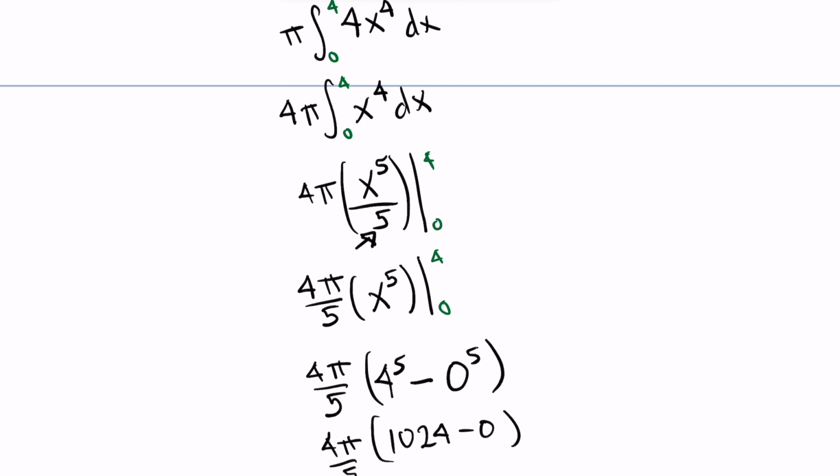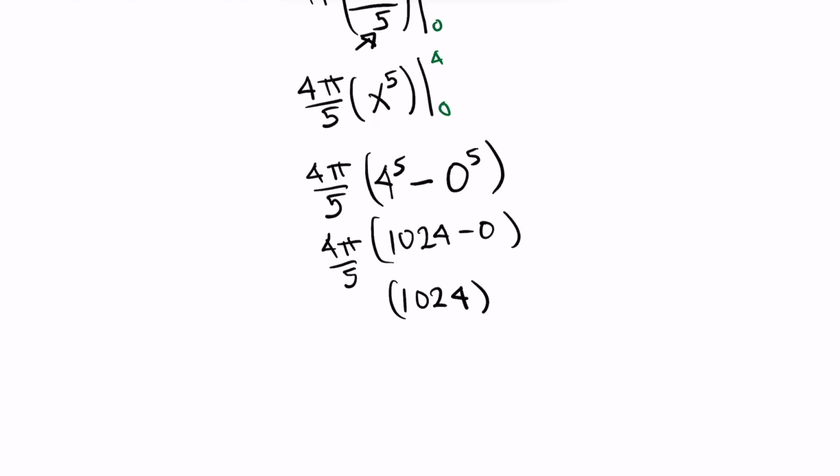So we got 1024 minus 0, which is 1024. So we're going to multiply that 4 times 1024, which is 4096 pi over 5